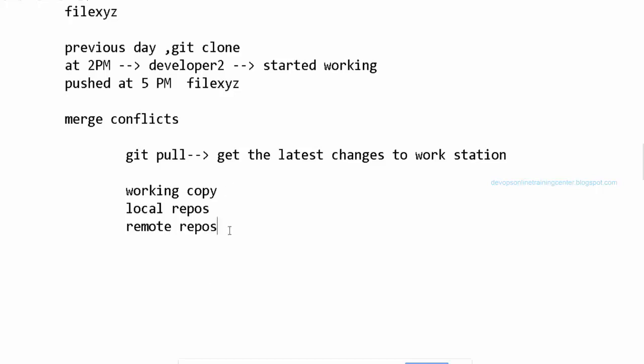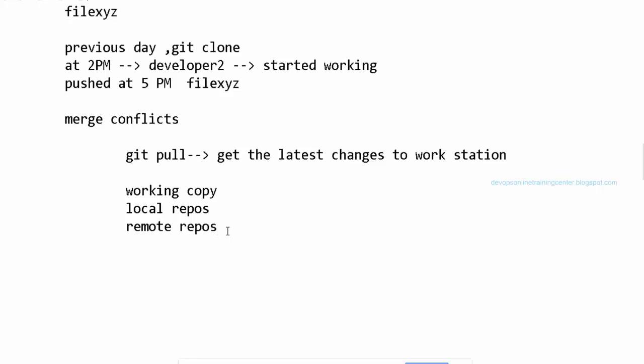Let us say you modified something, and developer 2, another person, has already checked something in. Now you want to get the latest code from the remote repository. If you do git pull, it will bring all the changes into your working copy, so your changes are lost. That is the first issue. Second issue: let us say that developer has not coded properly and there are some syntax issues; you get all of them, right? So how do we avoid that?